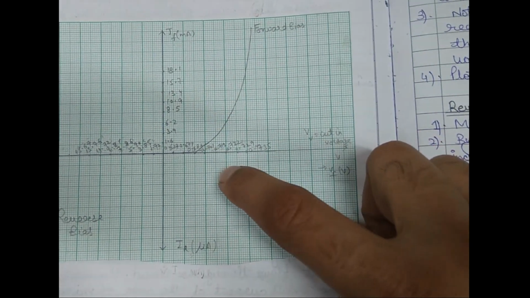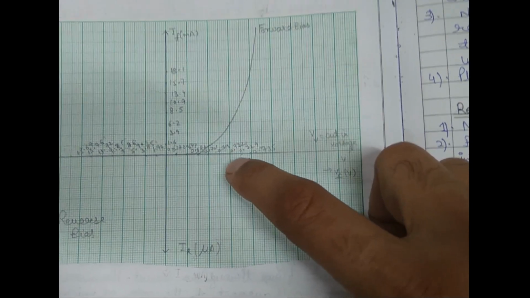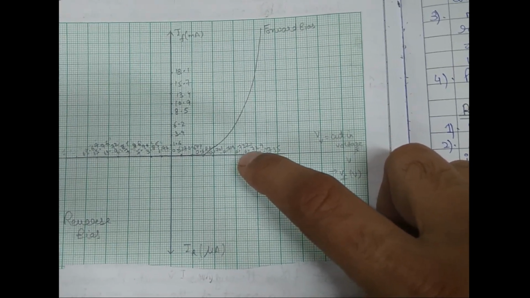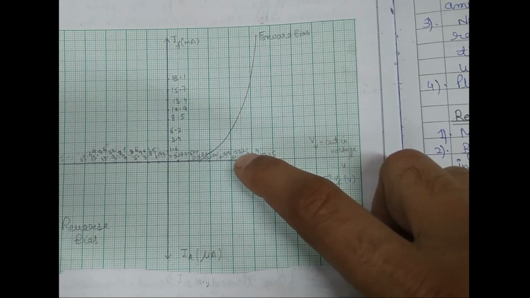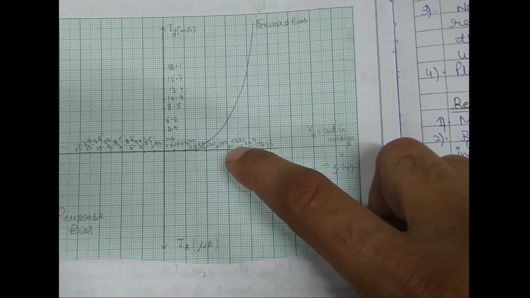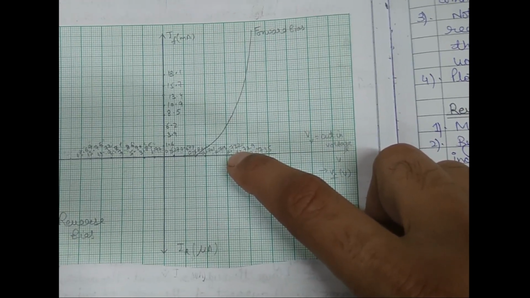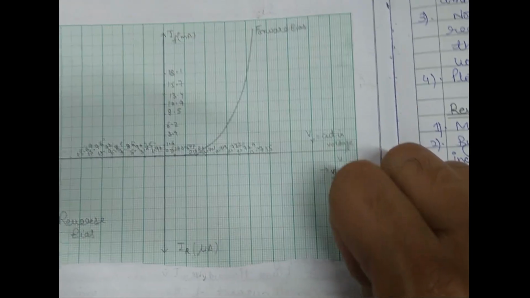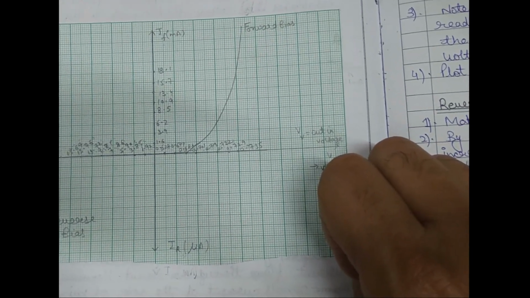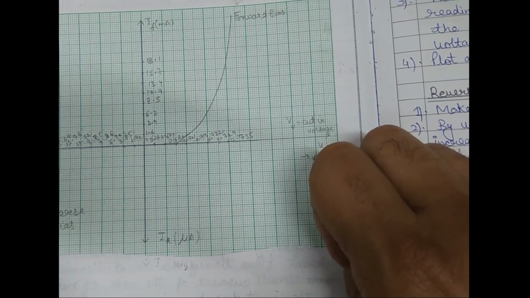The plot for the reverse bias is not feasible in the lab, because in the lab we have only a 30 volt power supply. At that voltage there is no appreciable conduction in reverse bias that can be plotted. So you are able to get a plot only when your diode is forward biased.